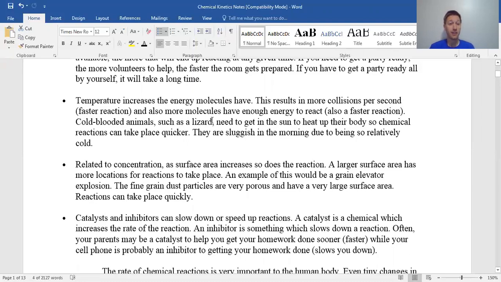We're warm-blooded as humans, so the temperature our body is at is very important for how fast reactions take place. This is also why we have a fridge. A fridge slows down reactions, so when you put food in the fridge, it doesn't stop the food from rotting, it just slows the process. It slows the bacteria from rotting it, so it lasts a little bit longer. Again, a general rule is that every 10 degrees Celsius approximately doubles the rate for most biological and chemical reactions.